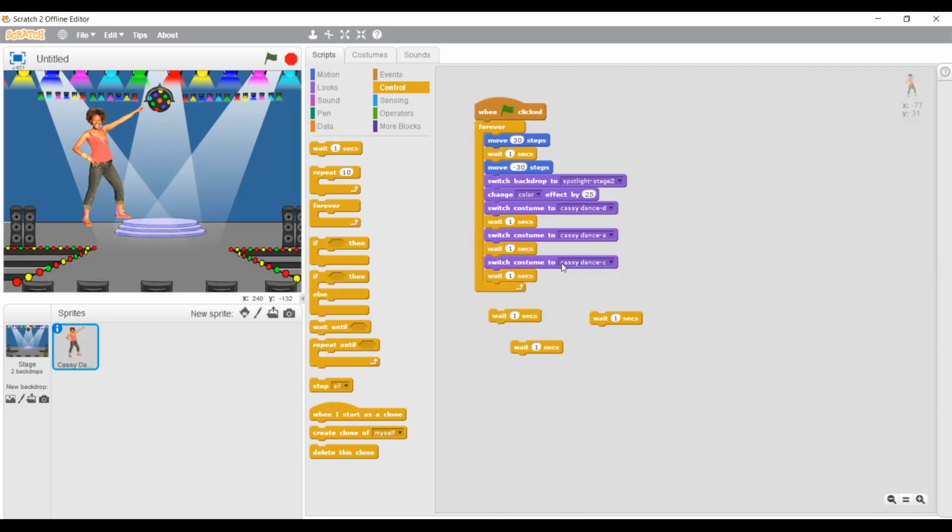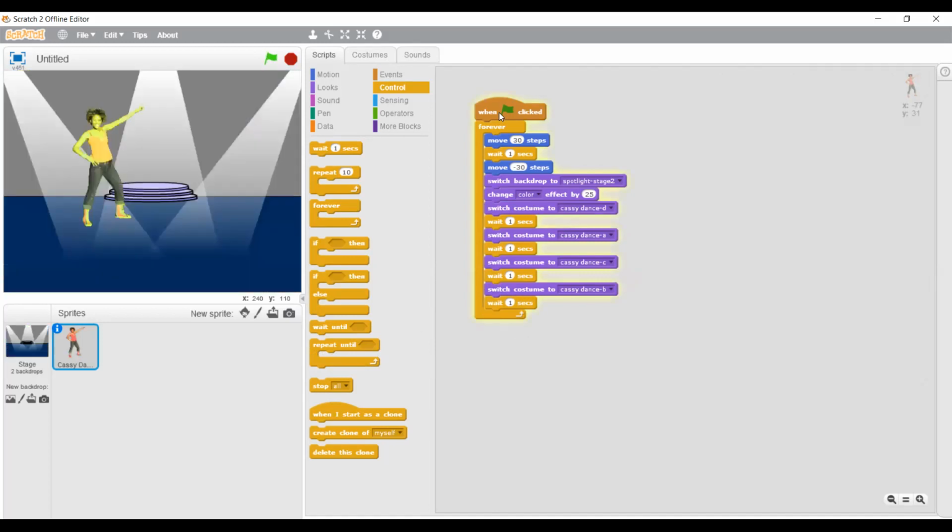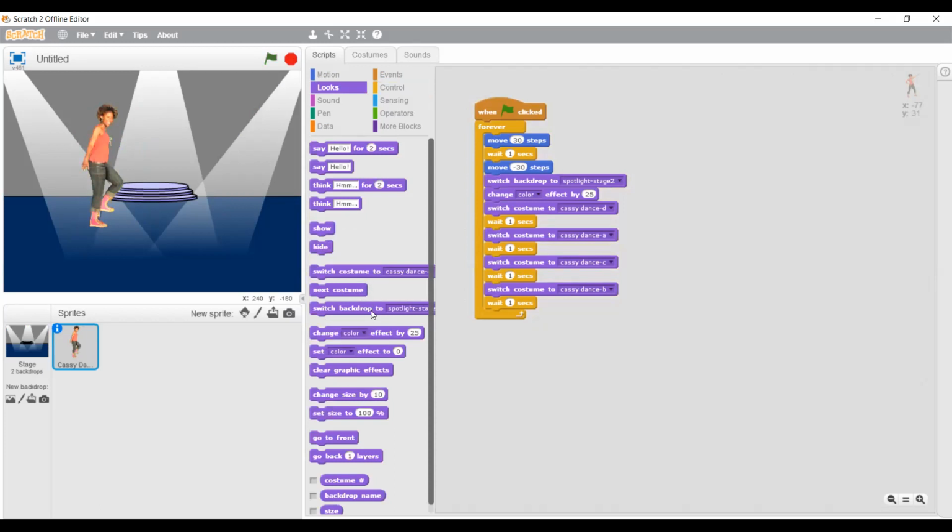So now let's duplicate it one more time. What is missing? A is there, C is there, B is missing. So let's add B. Now you can get back all these wait commands. Now see how it is working. After the last step, B step, it has to go to the previous backdrop. For that, what should we do? Let's stop this game. Let's come to the looks block, switch backdrop to